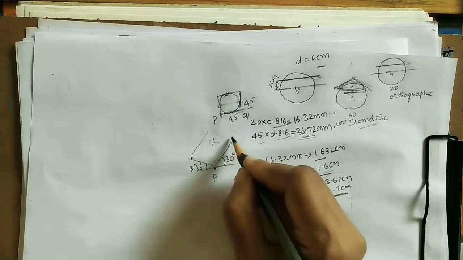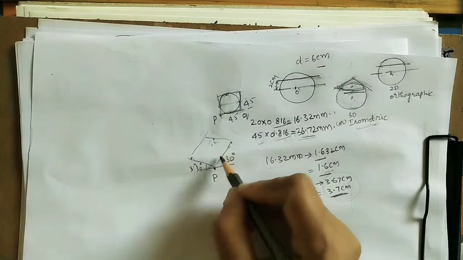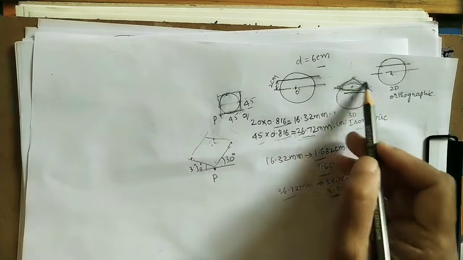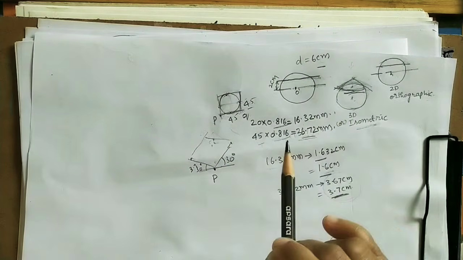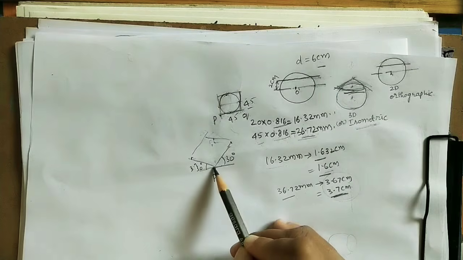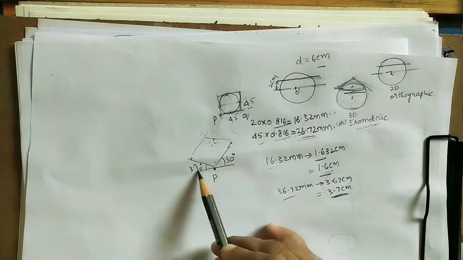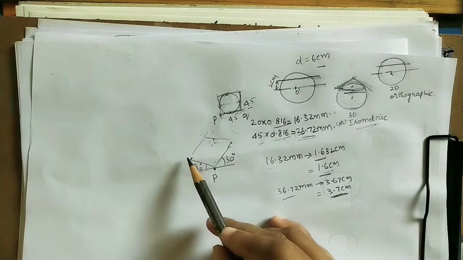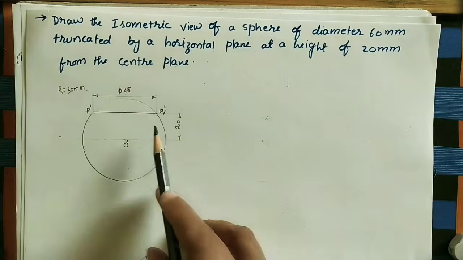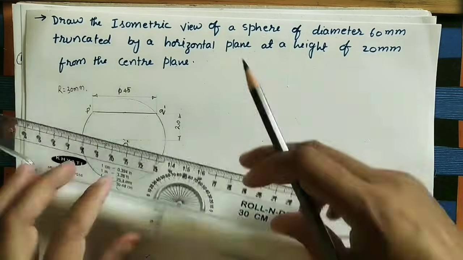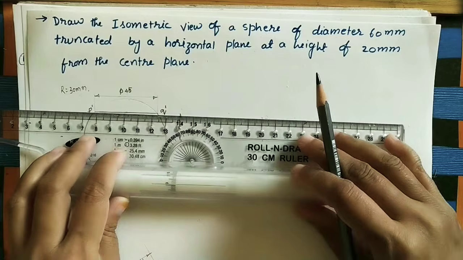We have to make it as a rhombus. Let us do this rhombus initially. First we will do this part, after that we will do the remaining sphere. Let us take any one of the points as capital P. Just do one horizontal line. Take 30 degrees line, 30 degrees line. Here I will do it at the same distance, just for getting two clear diagrams.